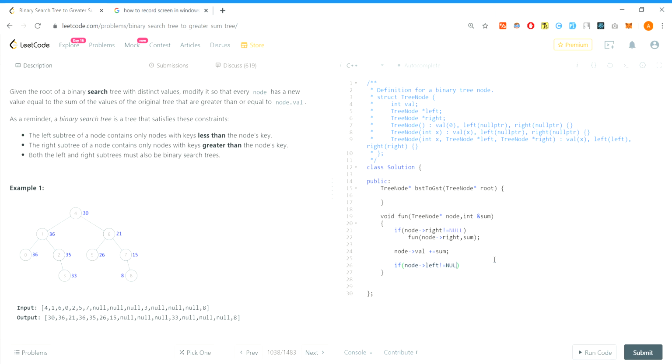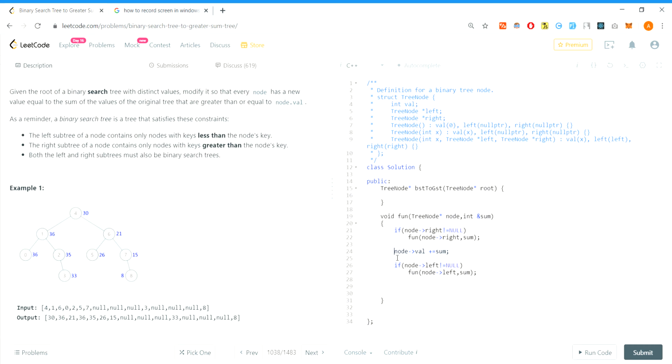And then we will check if left is not equal to null, then we will go on the left side along with the sum. Now the thing is, should we update it again? Then we will come to know, no, we don't have to update it, because after this recursion is complete, we will be removing recursive calls from the stack, and that will be from the left side, and since the left side has lower values, we don't have to do that. Now we will not update it.